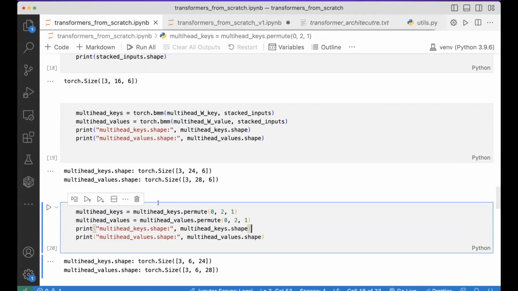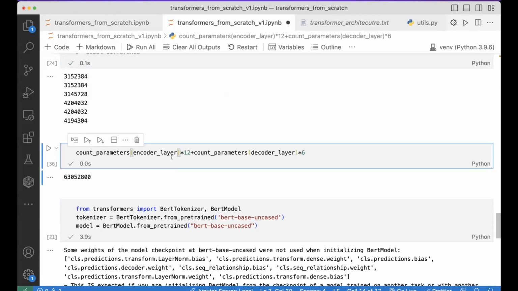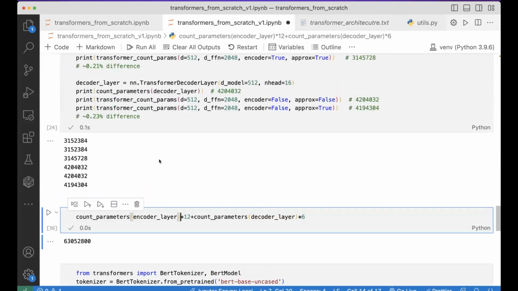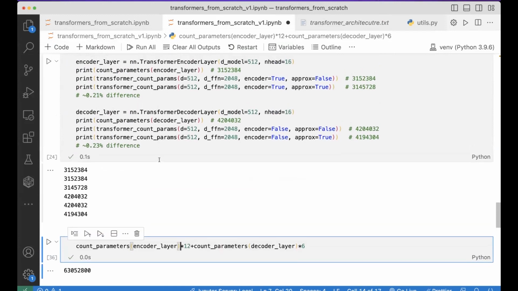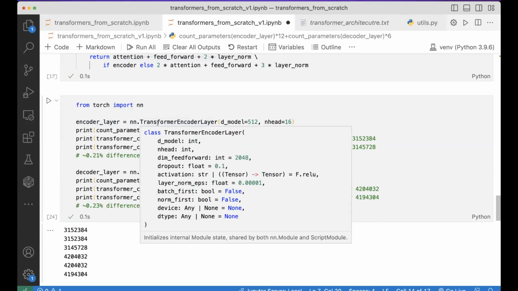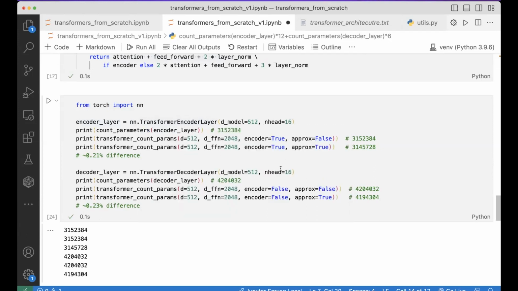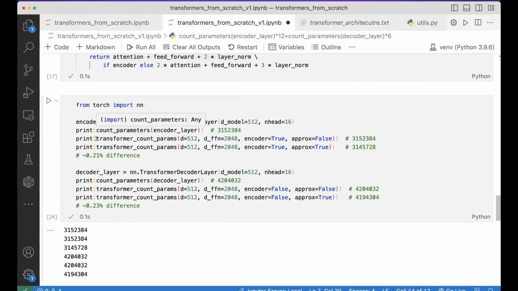So let's go back and write here, count parameters for an encoder layer, right? What we've done here, in addition, is we've also instantiated a PyTorch encoder layer with 16 heads. As I said, the number of heads doesn't matter. And this is one decoder layer with 16 heads. Now, if I run the count parameters,